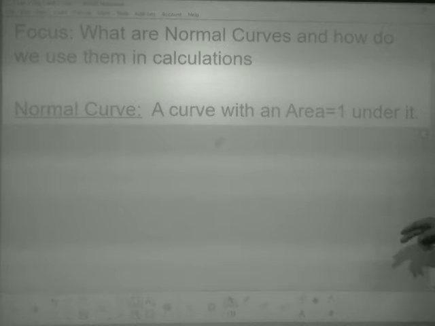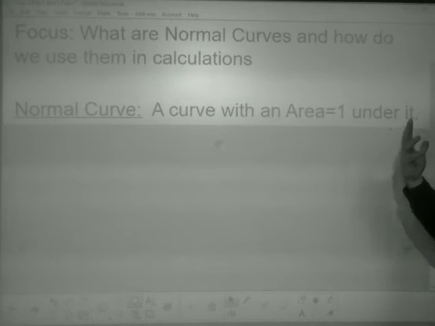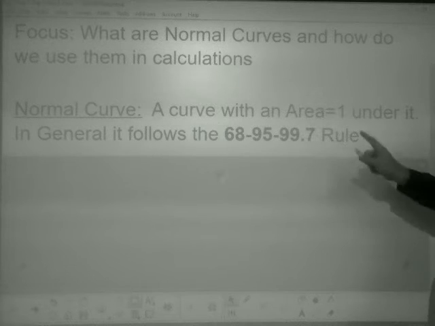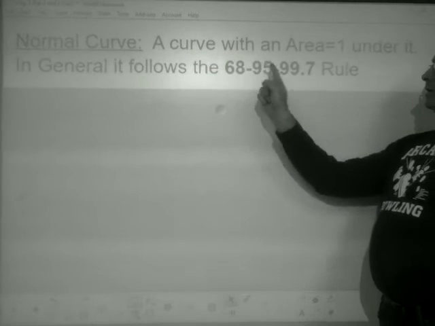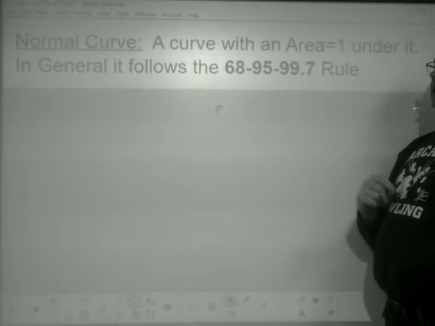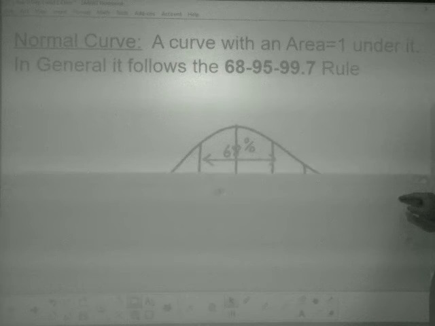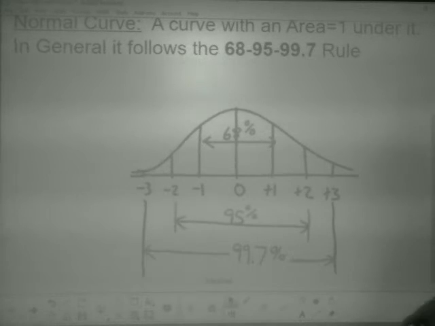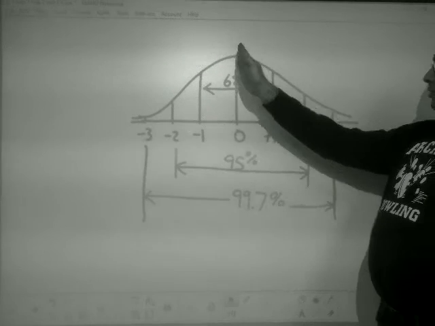A normal curve is a curve with an area of 1 under it. So you're going to draw a normal curve and it always adds up to 1 under that normal curve. In general, it follows what we call the 68, 95, 99.7 rule. What does that mean? Okay, so I have a normal curve that's drawn and I lay out 0 as my